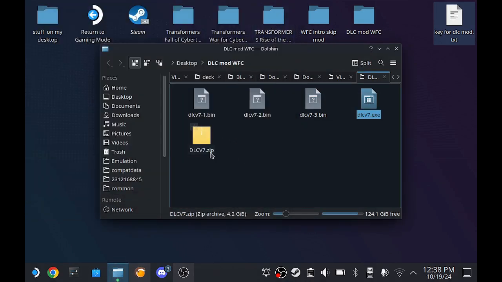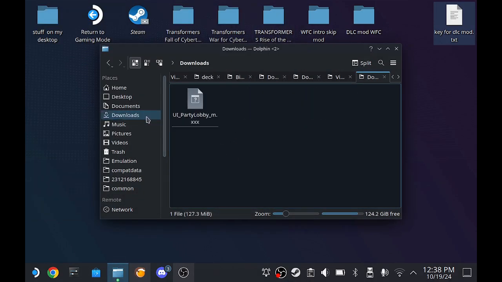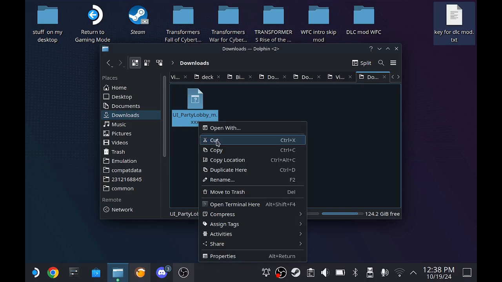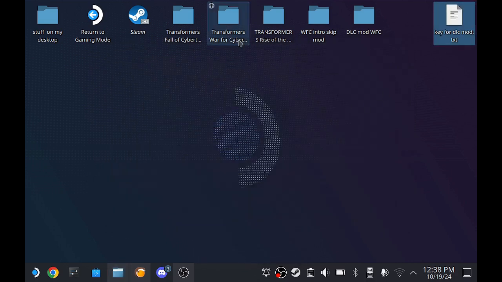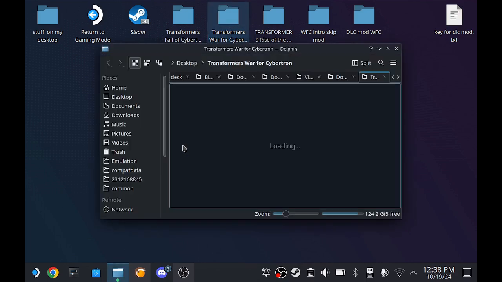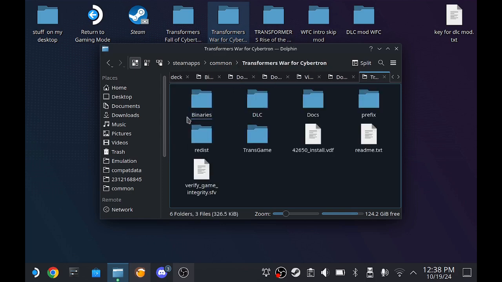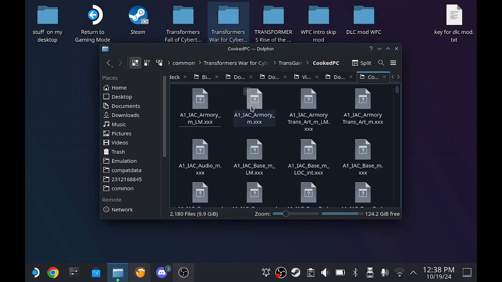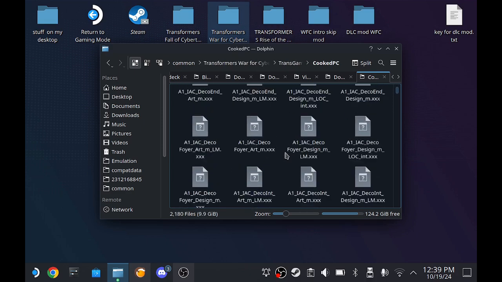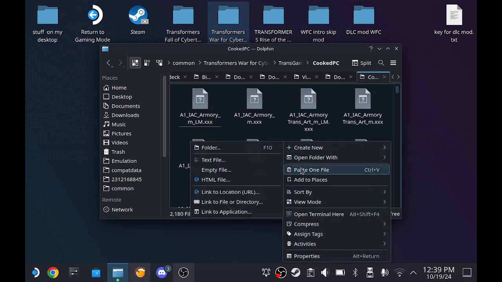So, one final thing that we need to do, if you remember, go back to your downloads, and this file we downloaded a second ago. We're going to take that, we're going to cut it, I'm going to close out of that. Now go to your War for Cybertron game files. You're going to go to Steam Apps, Common, Transformers War for Cybertron. If you have the game from the Internet Archive, you're going to have those two there. Then go to Trans Game, Cooked PC, and you can see you have a lot of different files in here. So just paste that